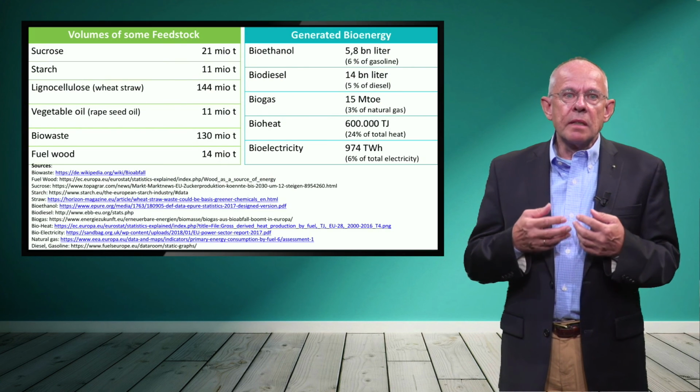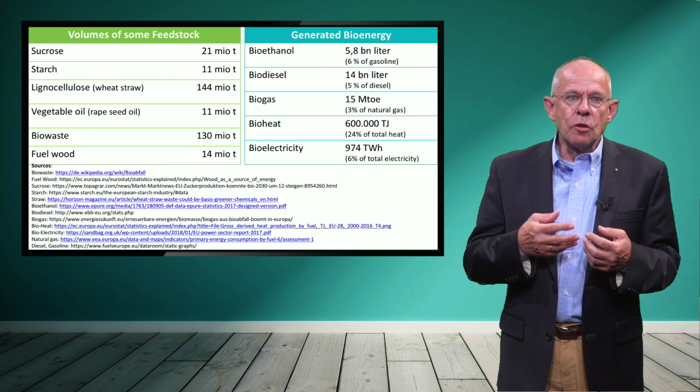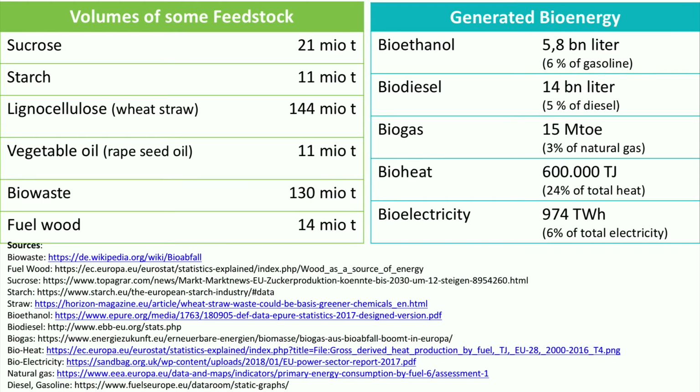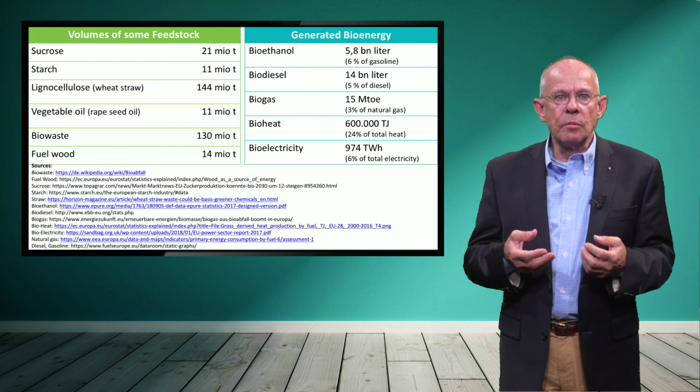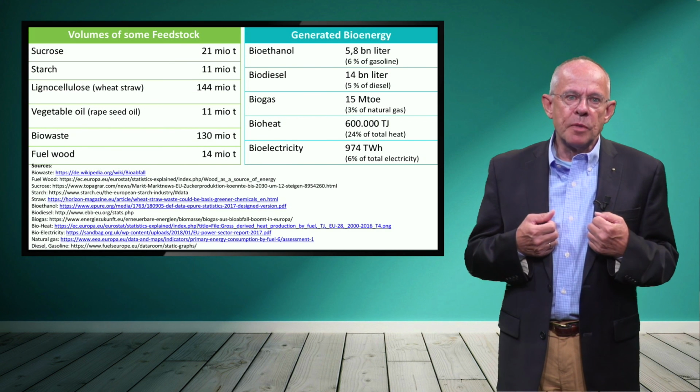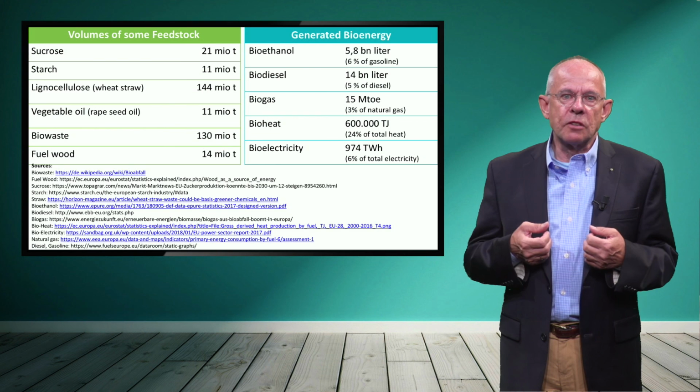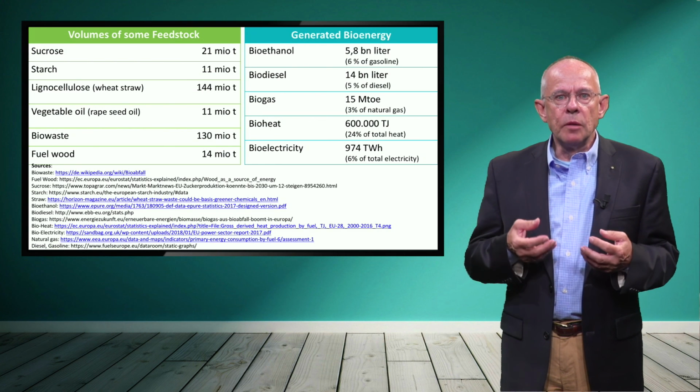In summary, we see that heat, power, and fuel are available from bio-based feedstock. The right table shows examples of bioenergies, their production volume and share. Bioheat already reaches a share of 24%, but bioelectricity and biofuel still have a share of only 3 to 6%. This compares with high-volume feedstock options listed on the left table. Agriculture and forestry products and residuals are available in the million tons range. Especially lignocellulose from woody biomass, such as straw and bio-waste, is available in very big volumes.